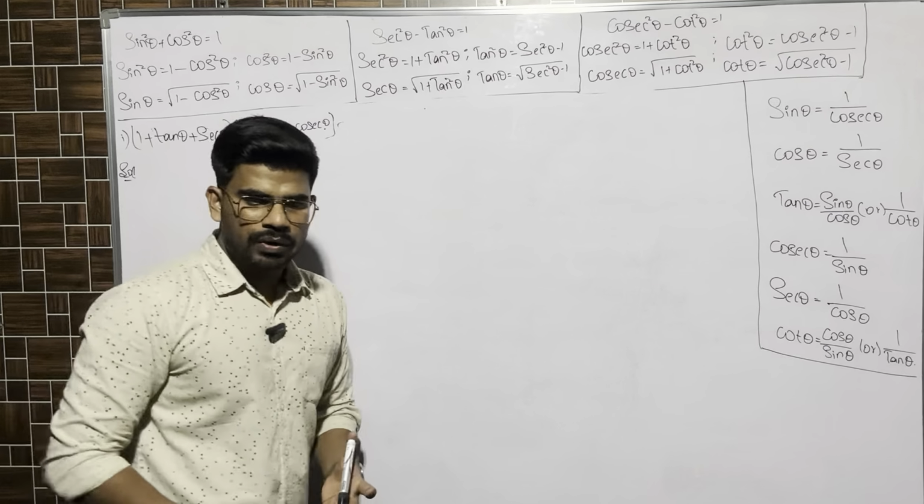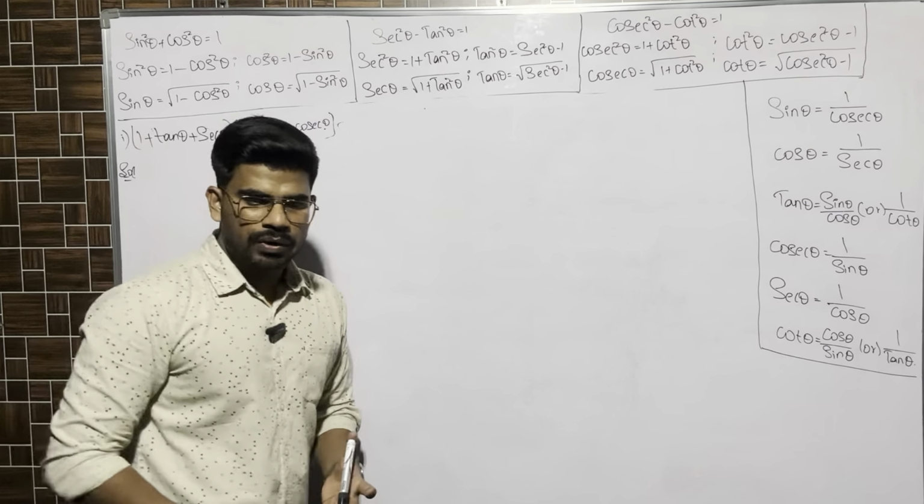Right. Another set of important questions for this will not be asked in 6 marks. However, it might be asked in 4 marks, right? Or also in case of bits. So here secant theta plus tan theta value is p. Secant theta plus tan theta is p. We have to calculate secant theta minus tan theta. Secant plus tan is given. We have to find secant minus tan.